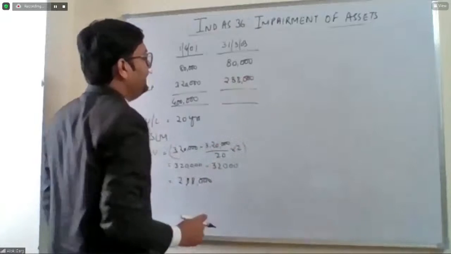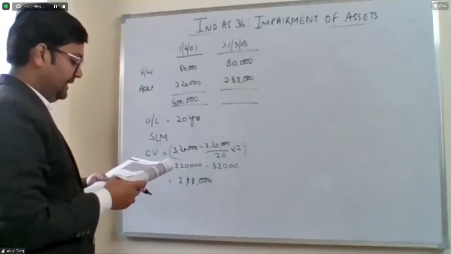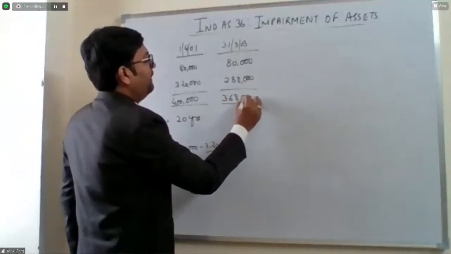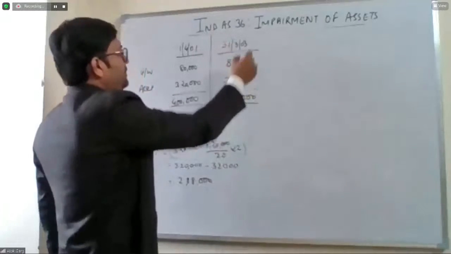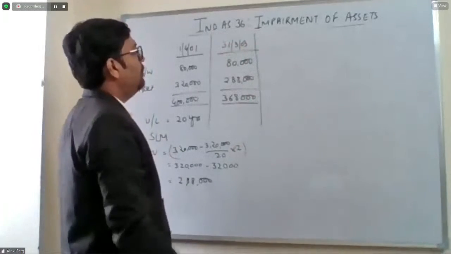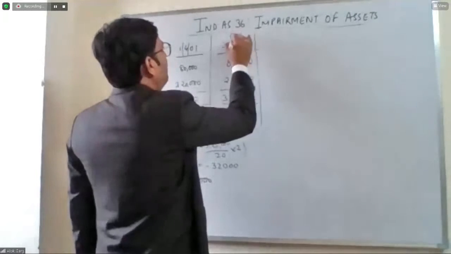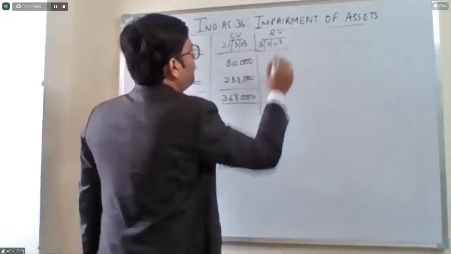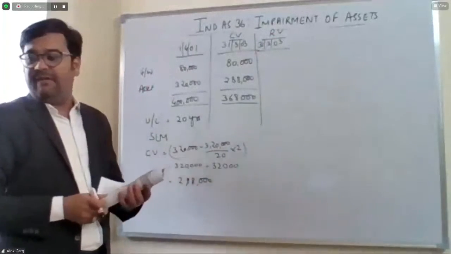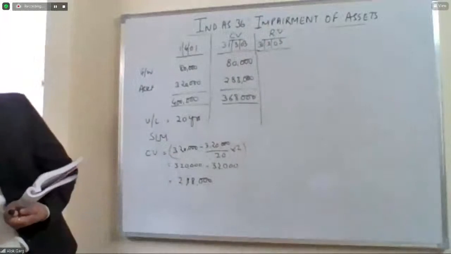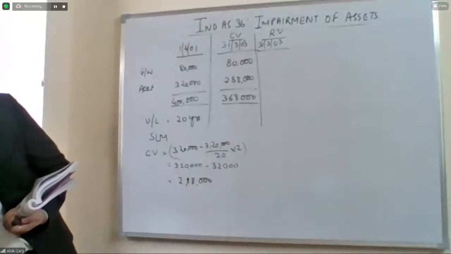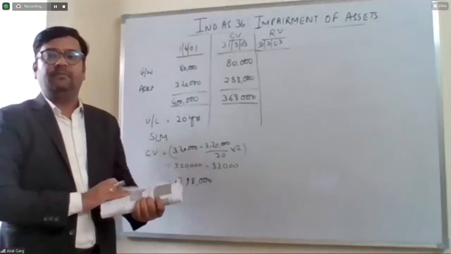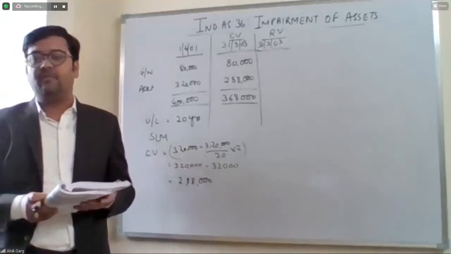So what is the total value? 288 plus 80 is 3,68,000. This is the carrying value as on 31st March 2003. Now, what is the recoverable value? This was the carrying value. Now, what is the recoverable value on 31st March 2003? Ambika, what is the recoverable value on 31st March 2003? Costa, what is the recoverable value which is given in this question? On 31st March 2003, it is